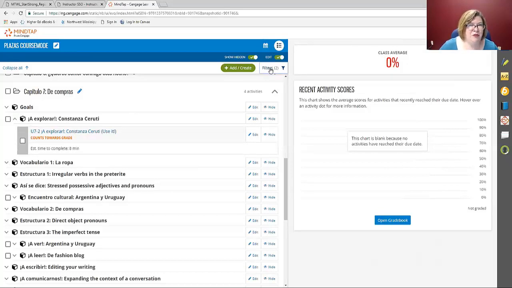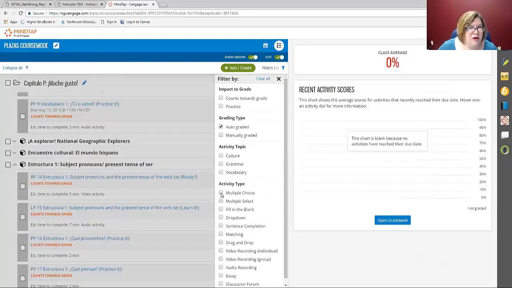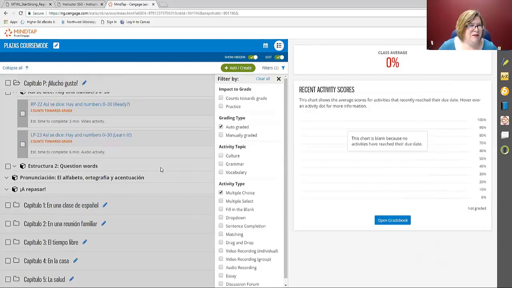So I've got two filters. I can keep adding filters. So maybe I want to just do auto-graded and multiple choice.